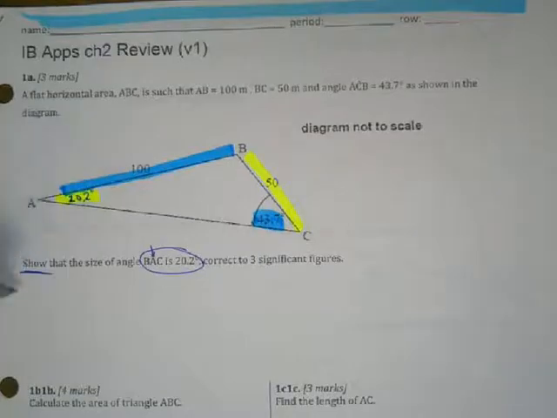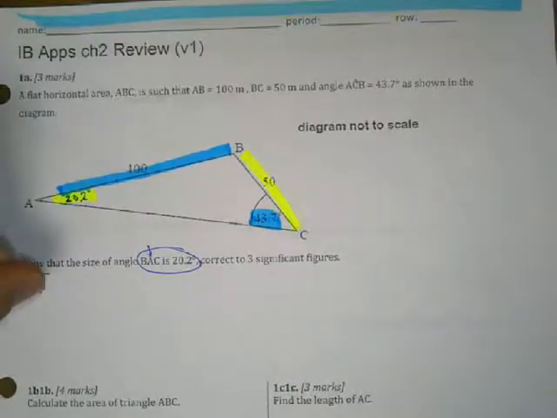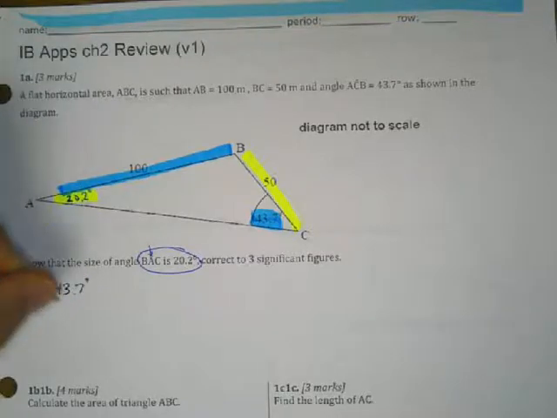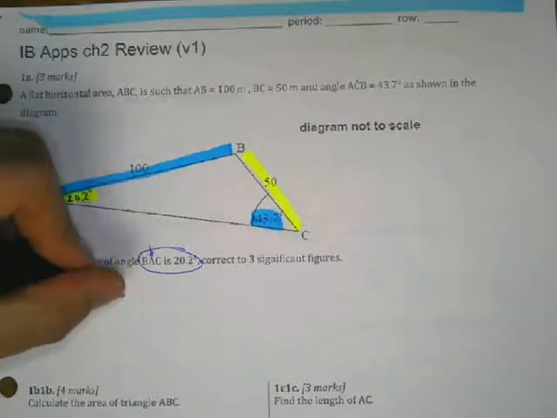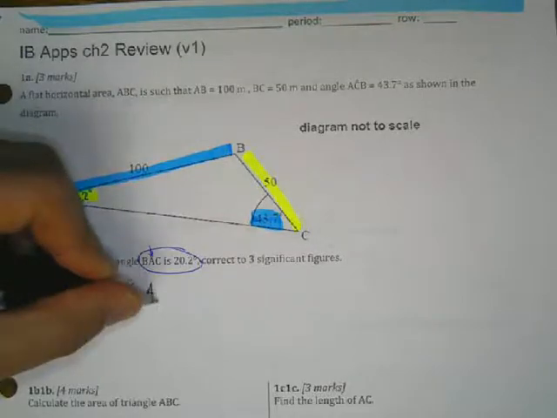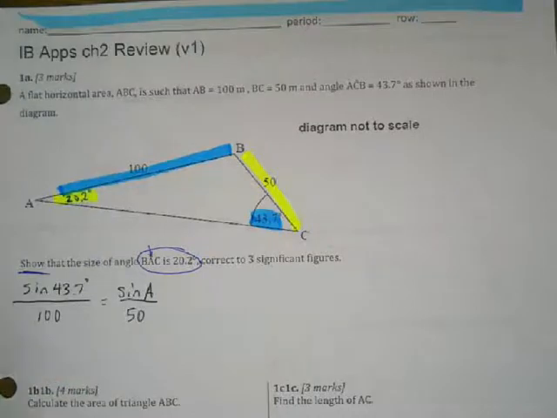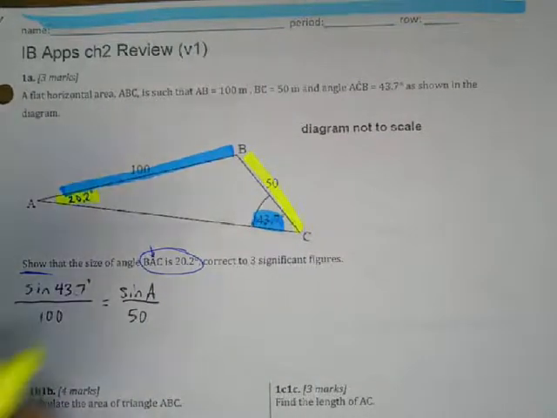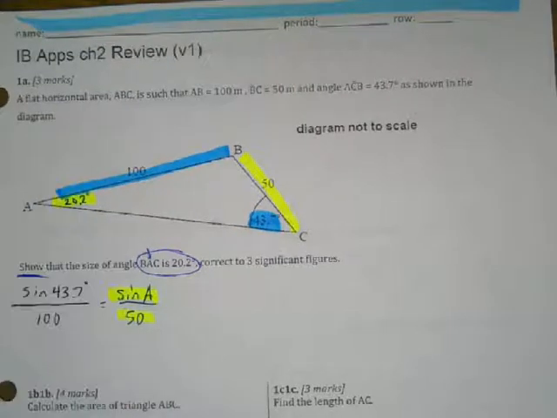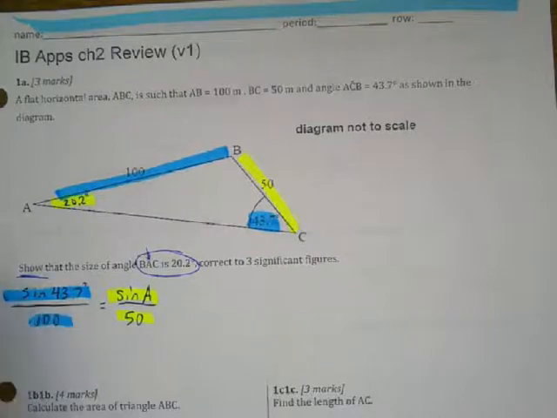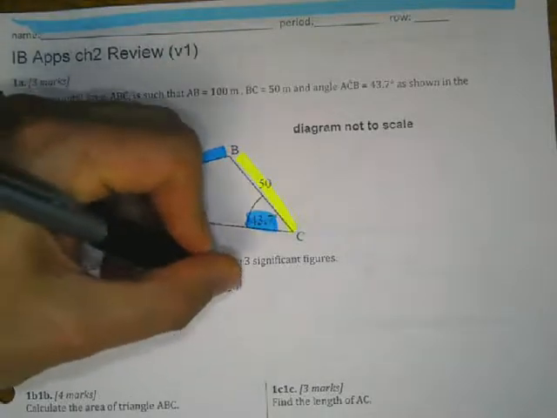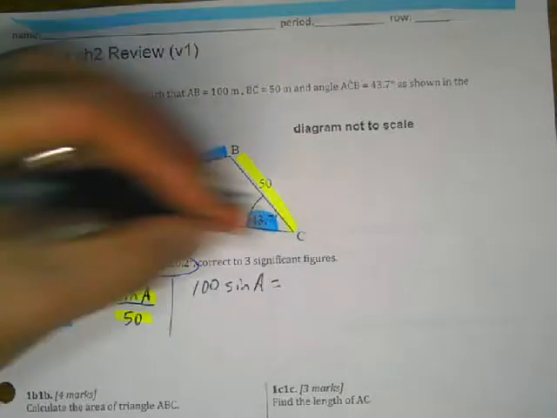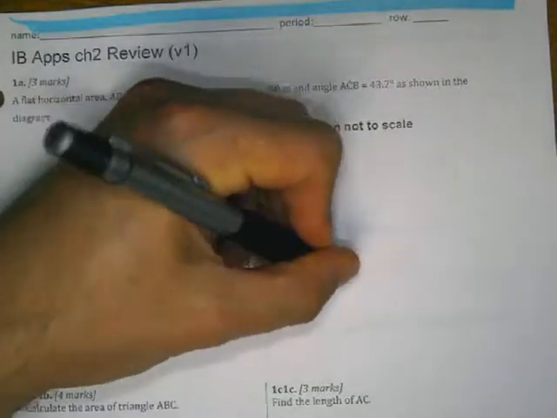So we've got sine of 43.7 degrees over 100 equals sine, I'm just going to call it angle A, over the length, which is 50, and then we should be able to figure out the missing angle. So we've got this ratio and this ratio, so we can cross multiply, and we end up with 100 sine A equals 50 sine 43.7,